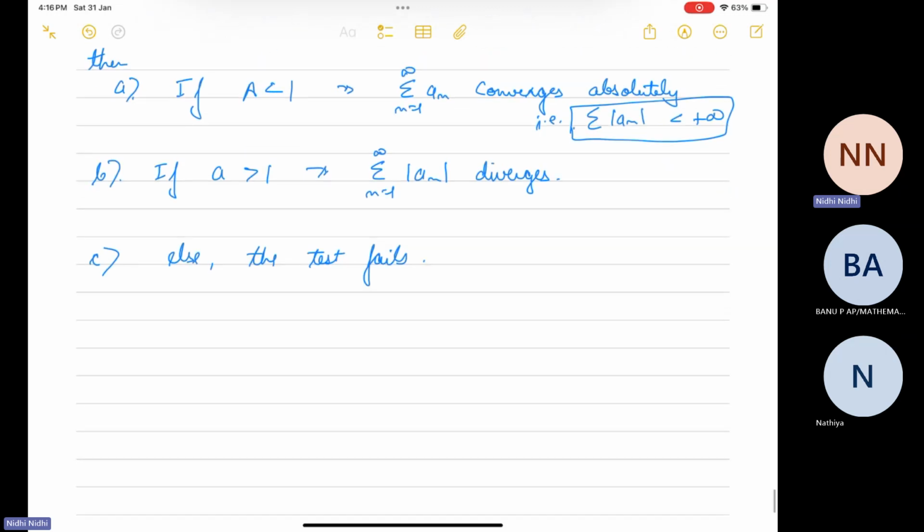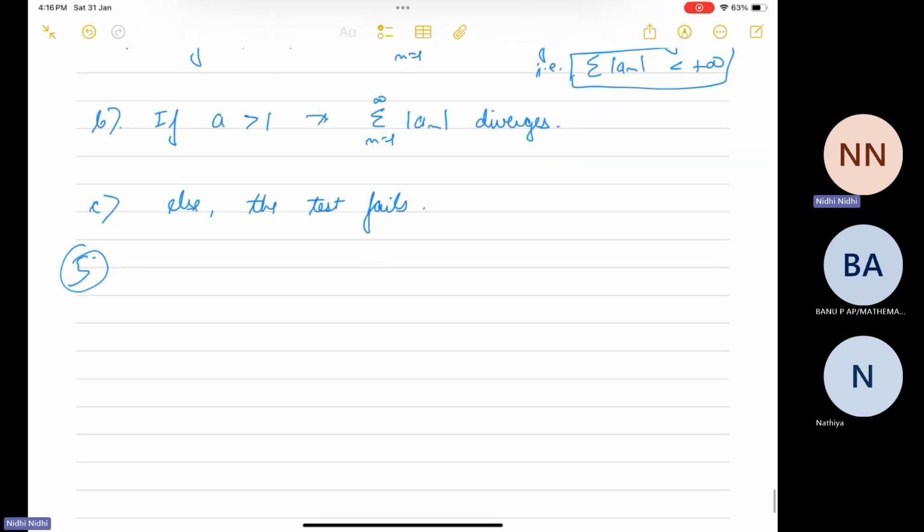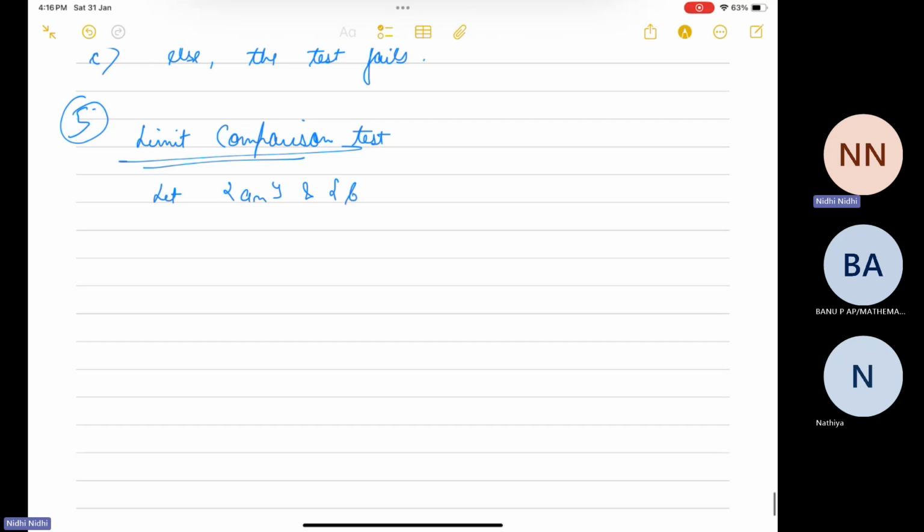Similarly, somewhat similar kind of result we have that we call the limit comparison test. Here, instead of a_(n+1) and a_n, we have a_n and b_n. Let's see how. Limit comparison test. Now, if we have two sequences, let a_n and b_n be two positive sequences, all terms are positive,